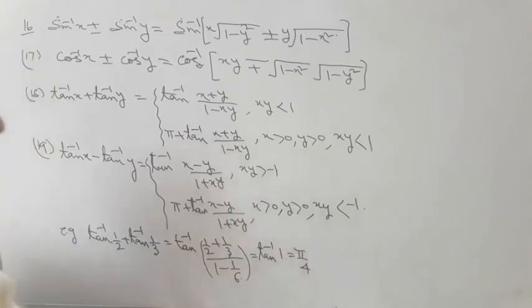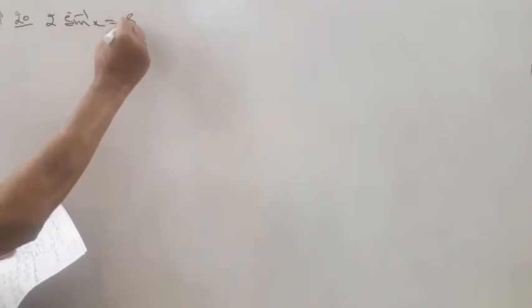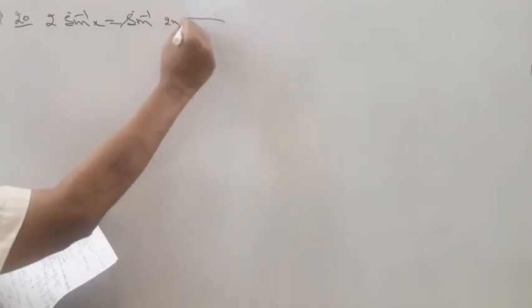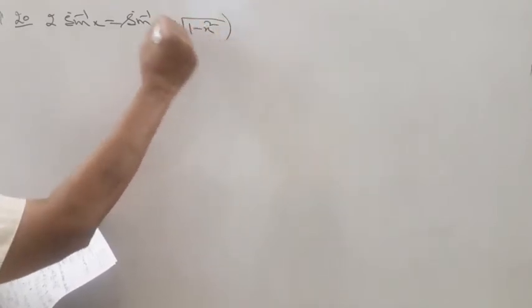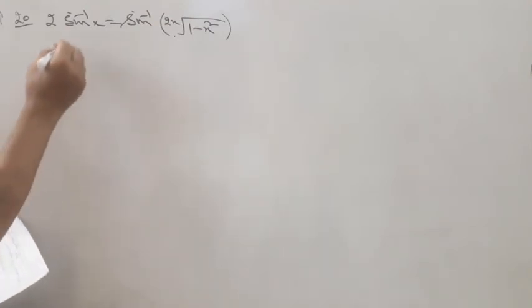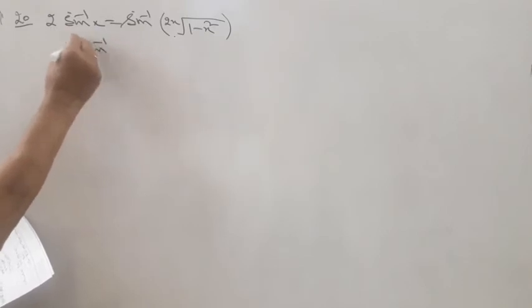The value is found using the result of tan inverse x plus tan inverse y, something of this type. Yes, result number 20 we can count here. This is 2 sine inverse of x, which is equal to sine inverse of 2x under root of 1 minus x square. Check out. Now suppose you want the proof for this case. You say sine inverse of x is equal